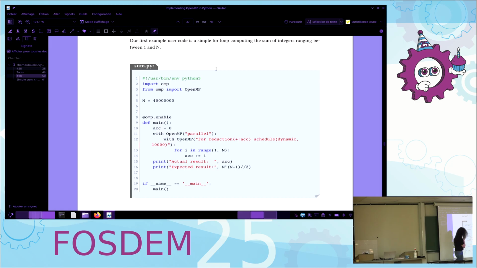So in that example, it's a pretty simple one. I'm just summing the numbers from 1 to number n that is defined here. That's big so that we can see the performance. Yeah. So I'm using a reduction and the schedule parameter is the schedule parameter is